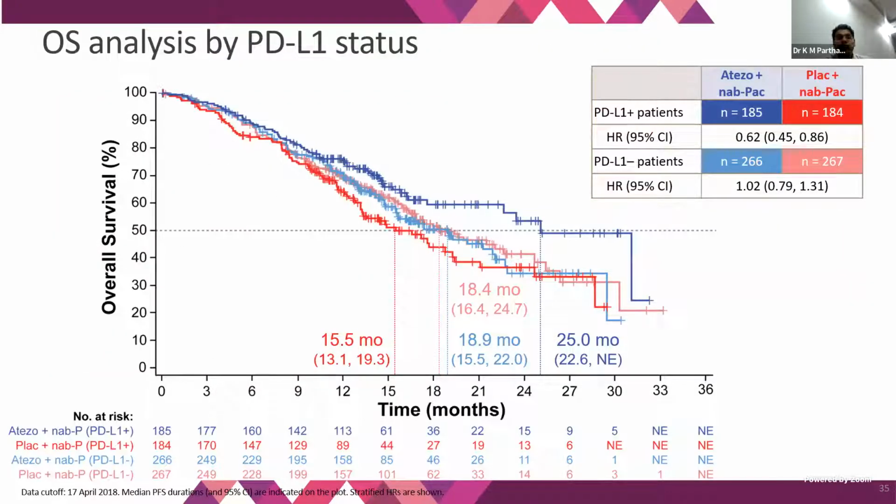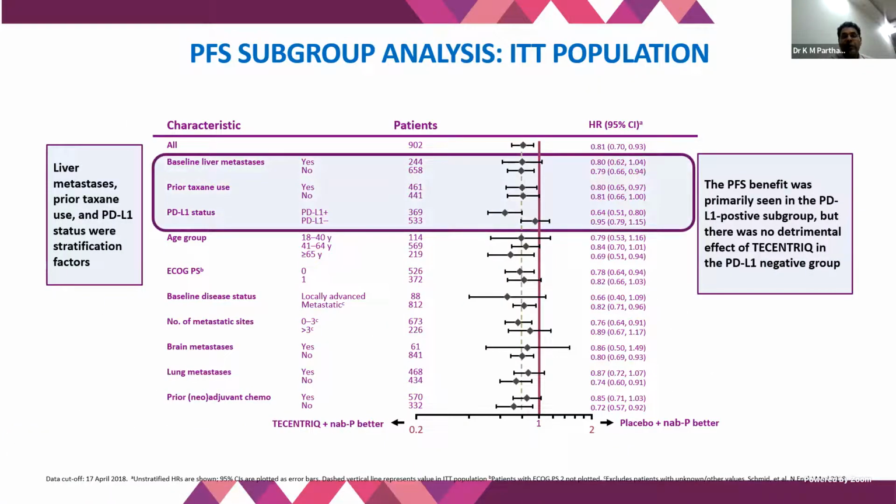So what about the OS as per the PDL1 status? Here there is a benefit. The hazard ratio is 0.62, and you can see the numerical benefit: the OS is 25 months in the PDL1 positive Tecentriq arm versus 18.4 months in the PDL1 positive placebo arm. So there is a numerical benefit of about 6 months